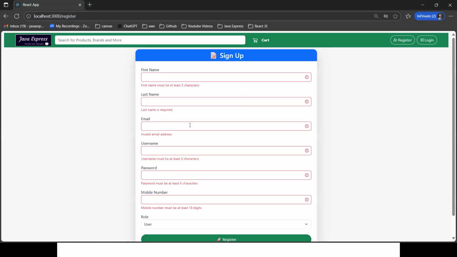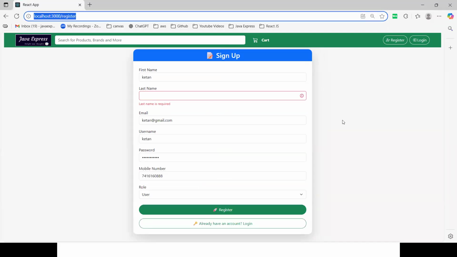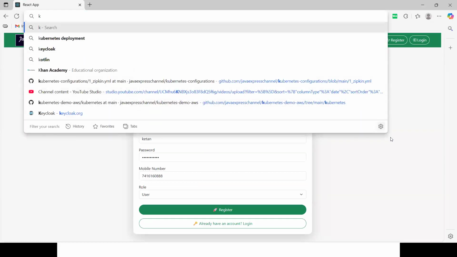Here you can see some kind of validation: first name must be 3 characters, last name is required, invalid email address, username must be 3 characters, password must be 6 characters, mobile number must be 10 digits. This is the kind of validation in the front end. In the back end also, we should take care of the validation.